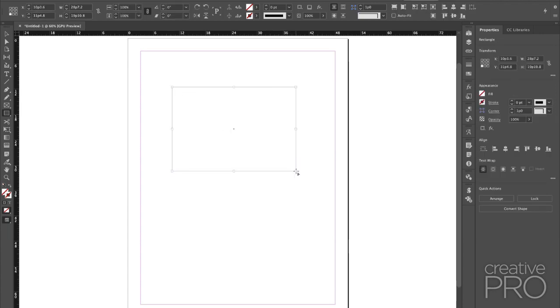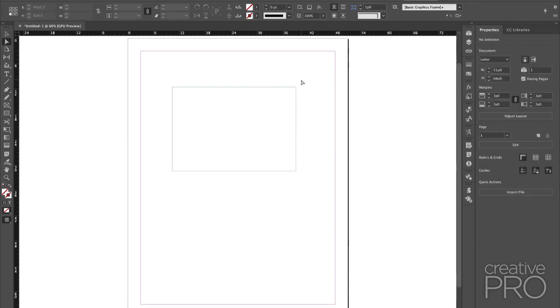First thing I want to do is just point out the difference. Most of you know the difference between the selection tool, that's the black arrow tool at the top, and the direct selection tool, which you can get by clicking on it or just by pressing the letter A. So the letter V goes to the selection tool, the letter A goes to the direct selection tool, and most of you know the difference there is with the direct selection tool, you can select the points on this path. But it seems like, why would you want to do that, especially for a plain rectangle? Well, I want to point out that you don't have to select all the points. And sometimes you want to select more than one.